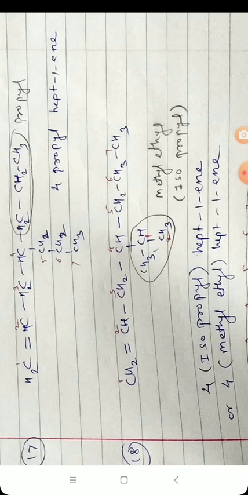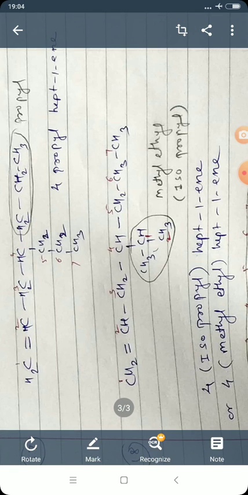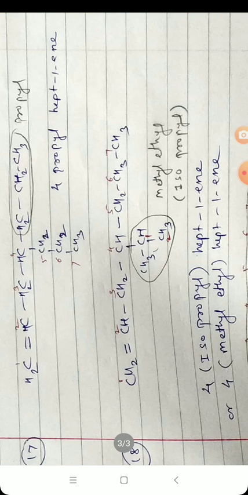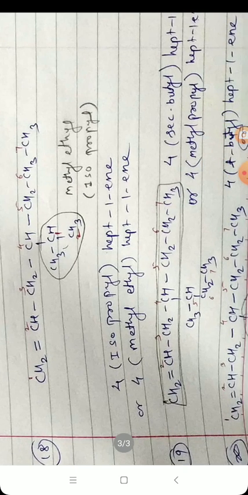Okay. In the subchain, if we are going to number, then the numbering is given like 1, 2. At the first position a methyl attaches, so it is also called methyl ethyl. Are you getting that? 3 carbon is in a branching, so it is called isopropyl, or we can call it methyl ethyl. So what is the nomenclature? 4 isopropyl hept 1 ene or heptene, or 4 methyl ethyl, hept 1 ene. Okay, we can give any nomenclature, but the second nomenclature is more perfect.